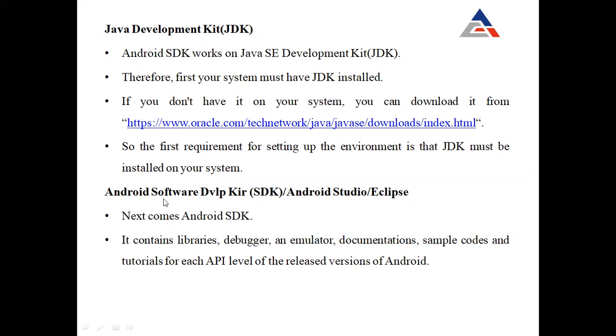And the Android software development kit. Next comes the Android software development kit. It contains a library, a debugger, emulator, documentation, sample codes, and tutorials for each application interface level of the release version of Android. So whenever you download the Android Studio,